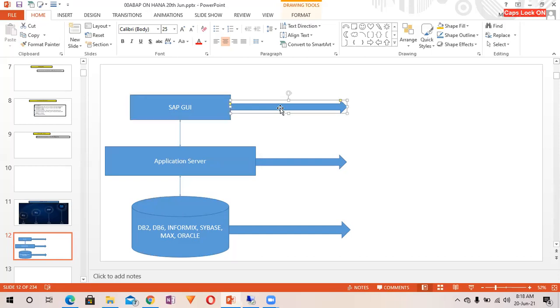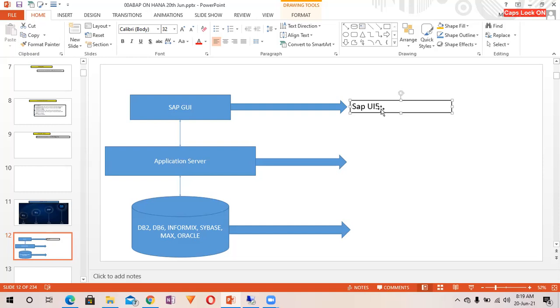This SAP GUI evolved into SAP UI5, and this was the requirement of the time because everything was moving towards browser or mobile based technology.